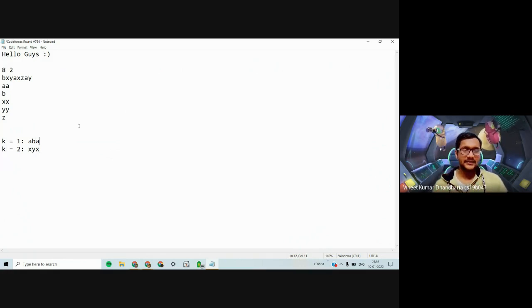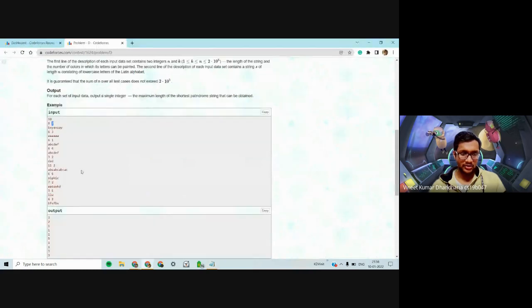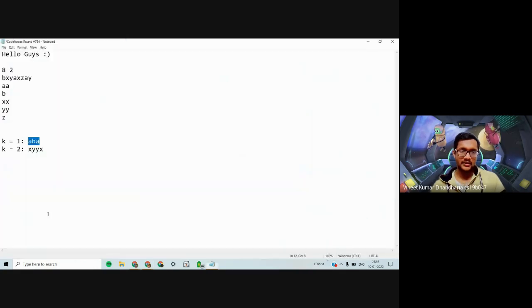And in this case, we can't assign more characters. You can assign y to say this one and make it of length 4, but you can't assign the remaining character z because assigning it would make it not a palindrome anymore. So this is the maximum assignment we can do, and in this case, the minimum length palindrome has length 3. So the answer for this problem is 3 because we have done the assignment in the best possible way.